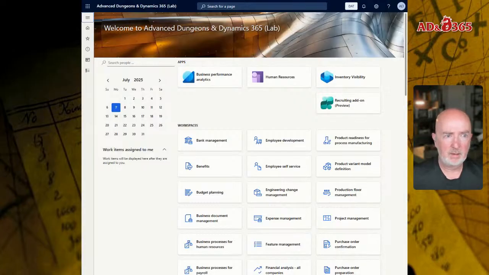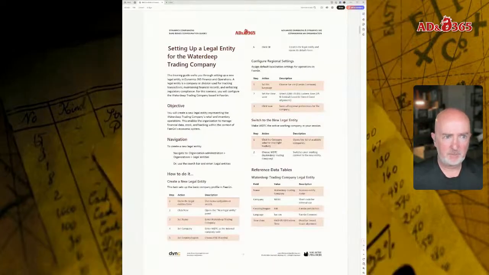If we go back and look at the documentation that we've got here, we're starting from the bare bones. I found that to learn anything, including Dynamics, you really want to start from nothing, because then you learn how, in this case, journals work, how the system works. You're not setting up some information or seeing some information that's already there, like product groups and item groups and all of those things. You have to build that yourself, and that gives you a much better appreciation of the setup. So